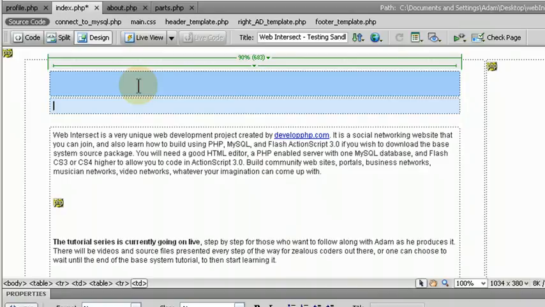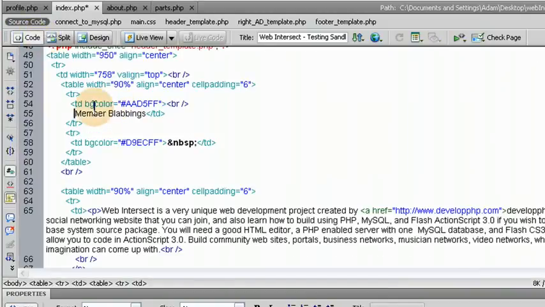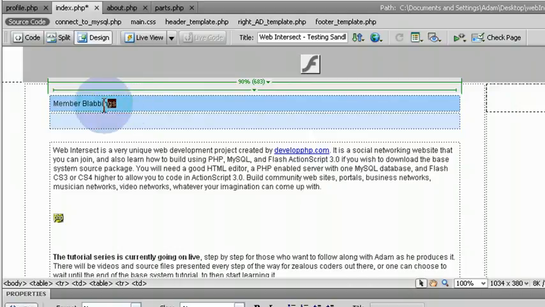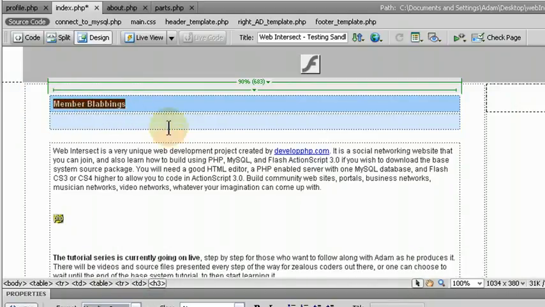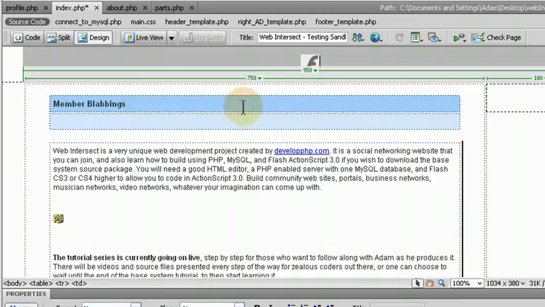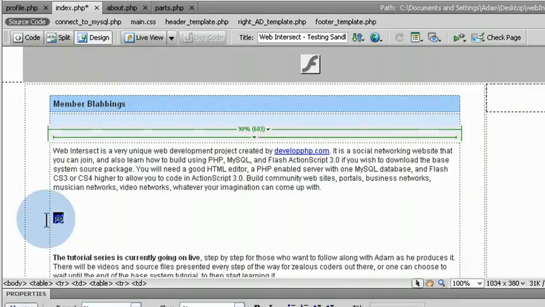Okay, now we can put here member blabbings. Let's format this. Let's go into the code and see what's going on here. There's a break tag, that's why. And now let's format this to an H3, heading 3. And then on top I want to have the newest members on top there. So we can go